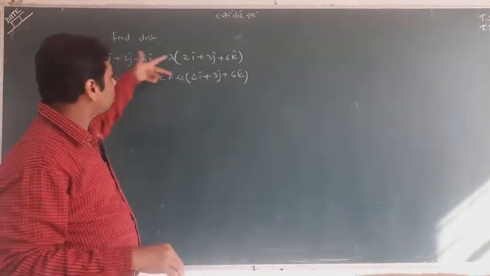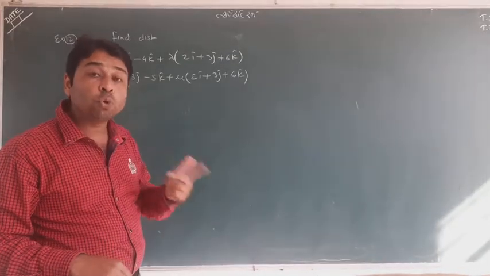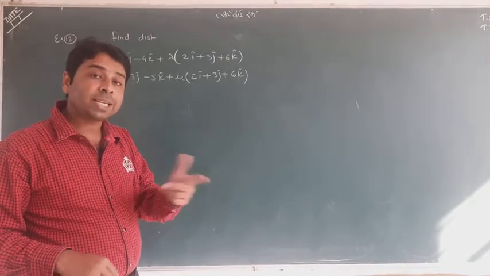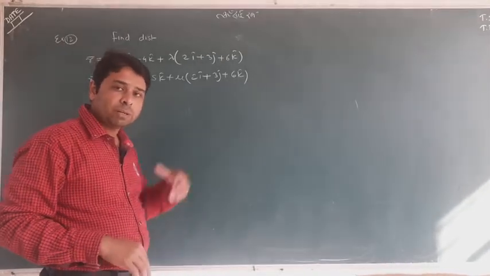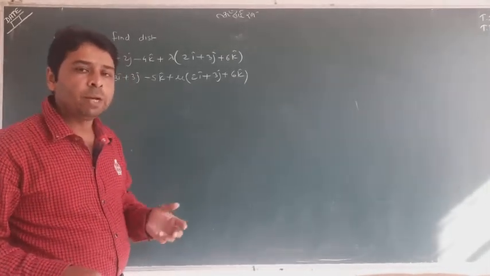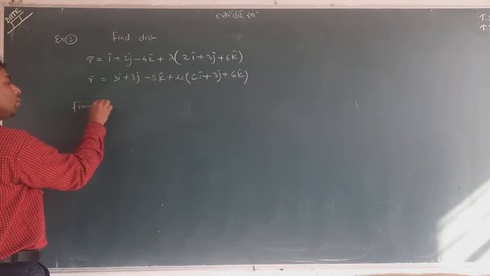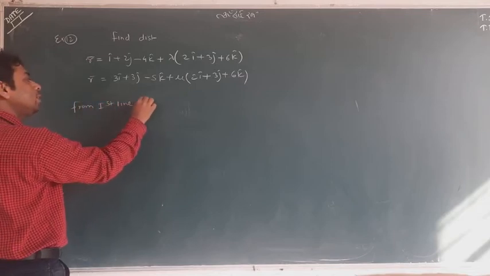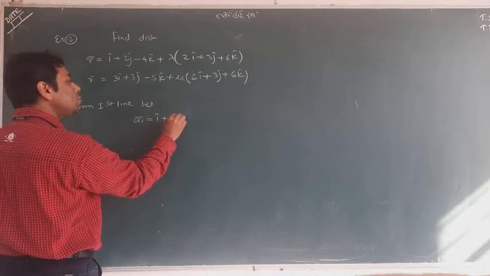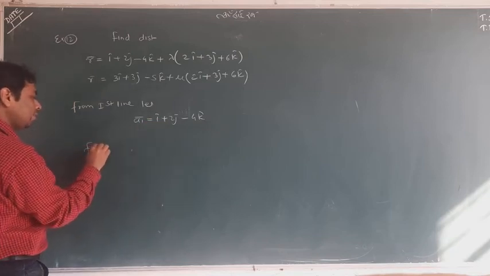Suppose this question has come in the exam. First of all, it is very important to know whether lines are skew or not. If lines are skew, definitely we will use the first formula. But if lines are parallel, we will use the second formula. What we need from the first line, let a1 = i + 2j − 4k. From the second line,